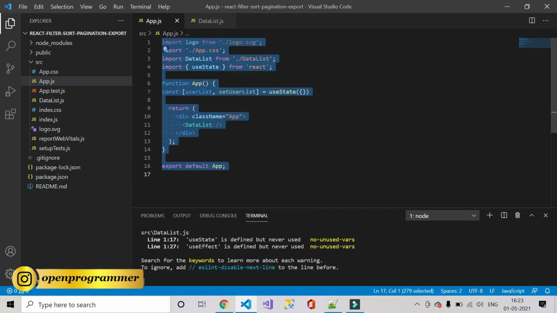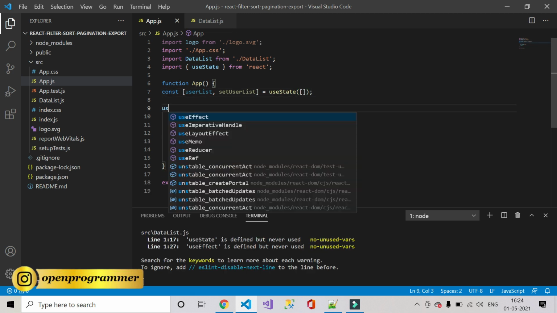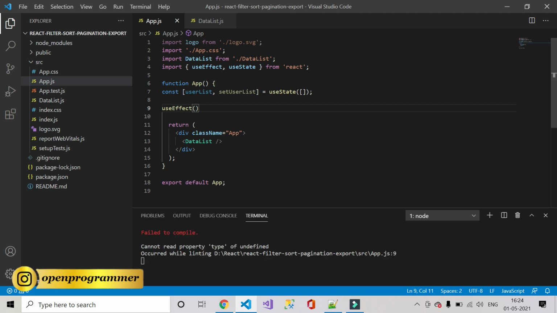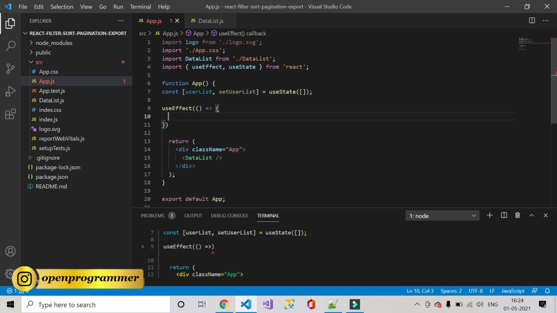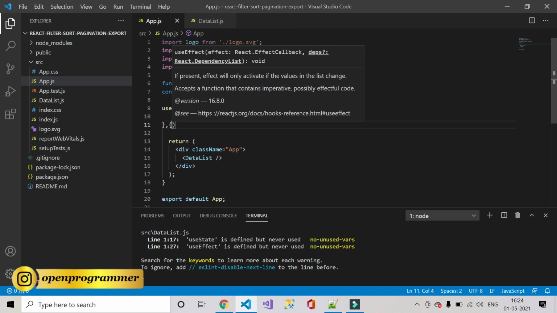So at initial level it would be a blank array. So now we will use useEffect. We'll take a function as a parameter, and in the dependency we'll pass a blank array.